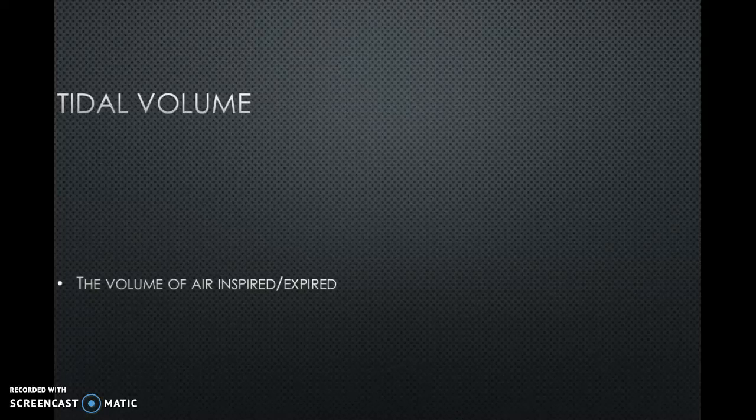Tidal volume is the volume of air inspired or expired. At rest it is 500 milliliters of air per breath. For both trained and untrained performers, however, respiratory conditions like asthma can affect this along with gender, because males are generally on average much larger in size compared to females, and therefore more likely to have a bigger or smaller